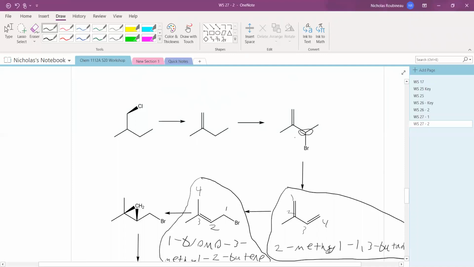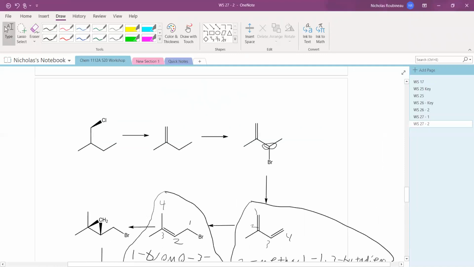Does it meet the criteria of being chiral? It's sp3. It has a bromine, a hydrogen, a methyl group, and then I guess I call that an isoprene, but you don't have to know what that is. Just that there are four different substituents. So yes, it's chiral. I didn't give a dash or wedge for this, so we can't tell if it's R or S, but